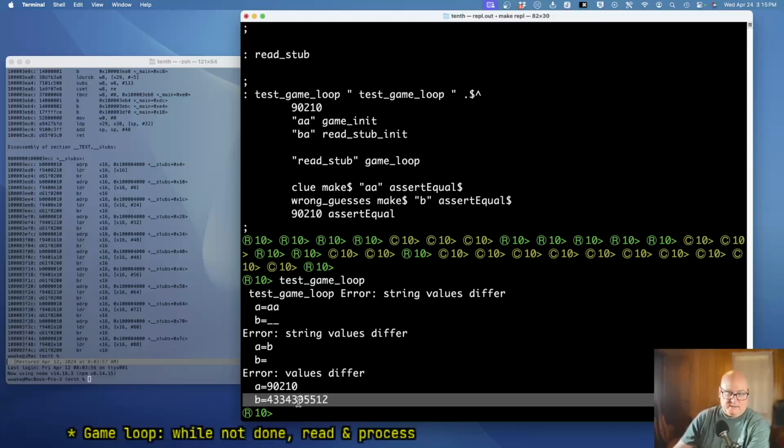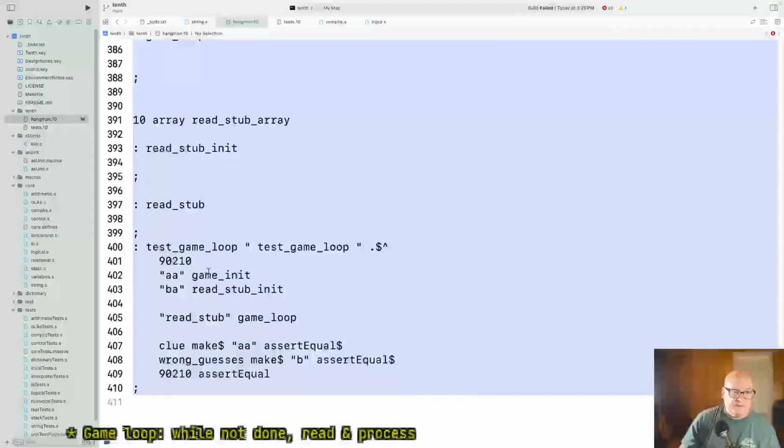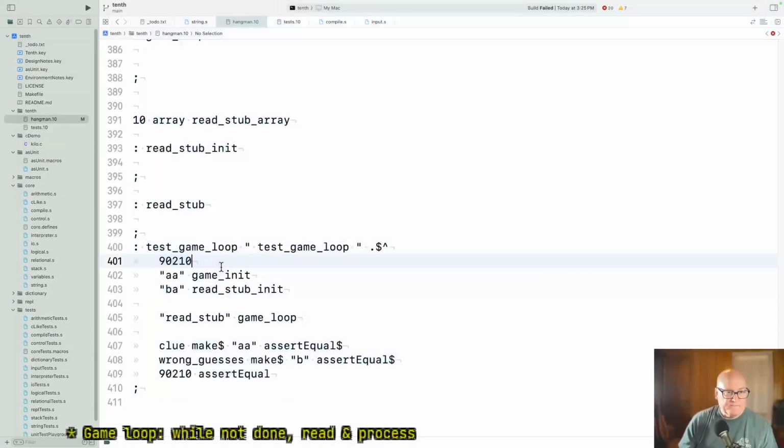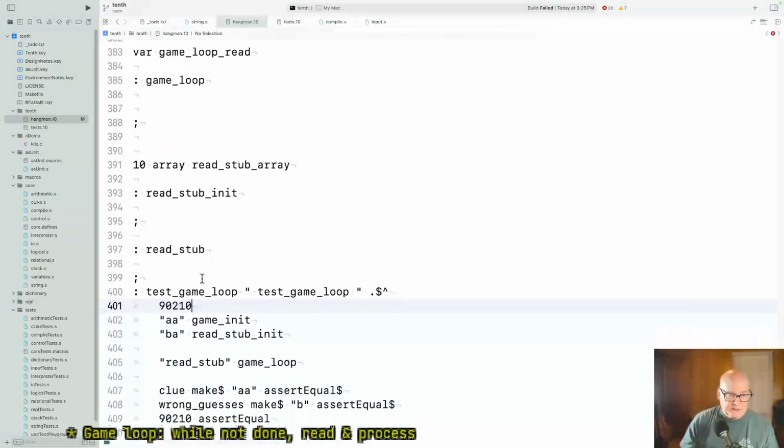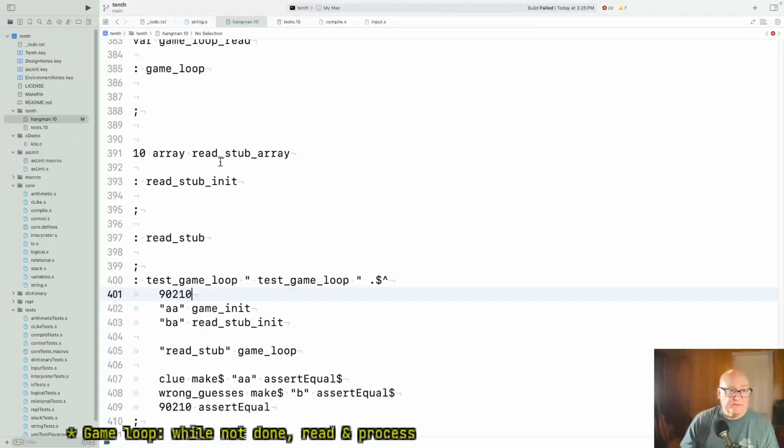The stack, this is probably Lily's. Or maybe it's some of our strings. Yeah, it's probably some of our strings that we still have piling around. Yeah, so I guess we got to make the read stub do its thing first. So read stub is init. I want to do